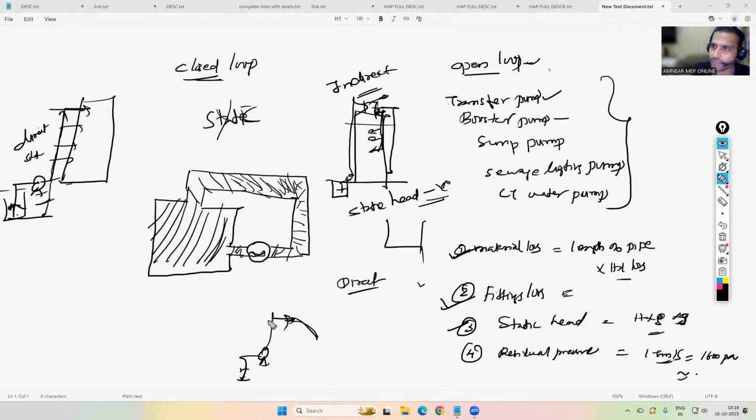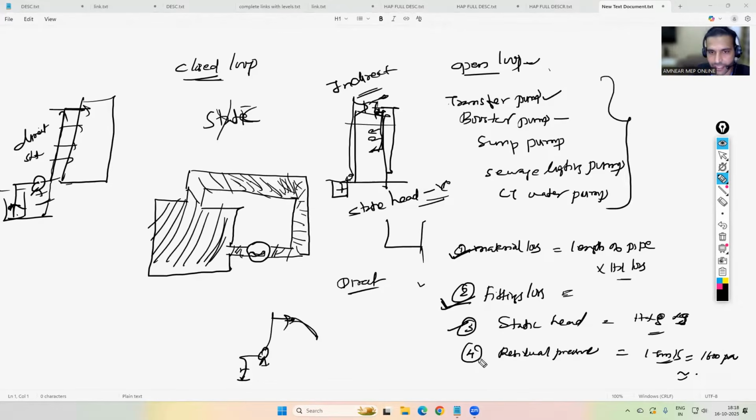Sometimes the critical path might be the longest branch or the branch with the maximum number of fittings. Okay. Suppose we have two branches. If you have doubt, for both the branches you have to do the head calculation. Whichever branch gives the maximum value, that branch you have to consider as the critical path. That loss you have to consider as the pump loss. For pump head calculation, you can consider that branch. Okay. So even for a booster pump, material losses you have to consider, fittings losses you have to consider,